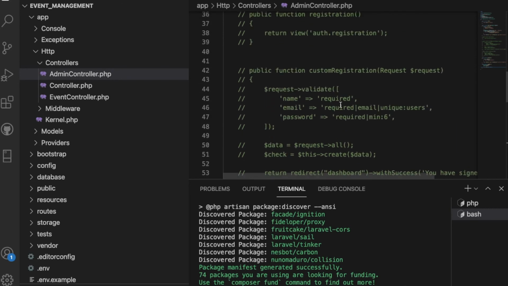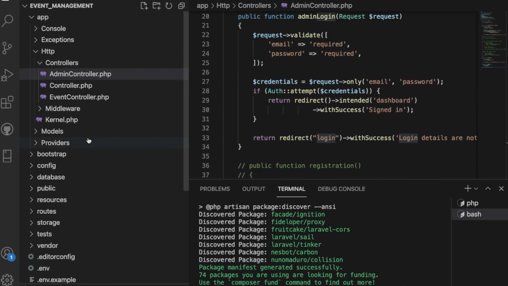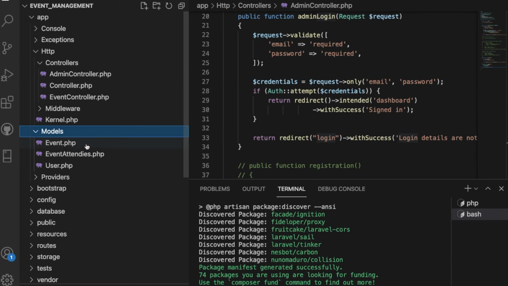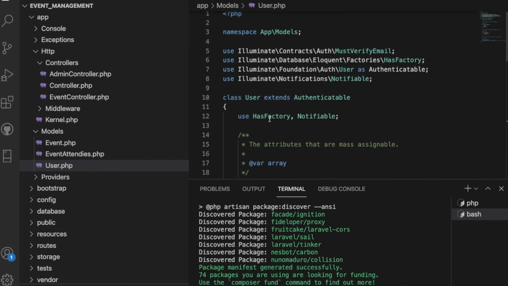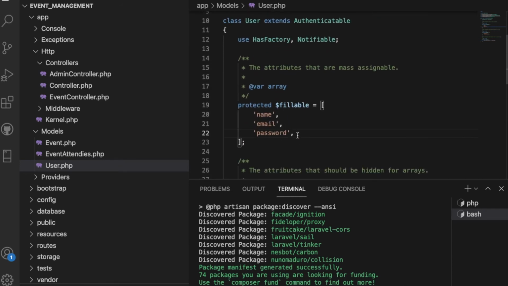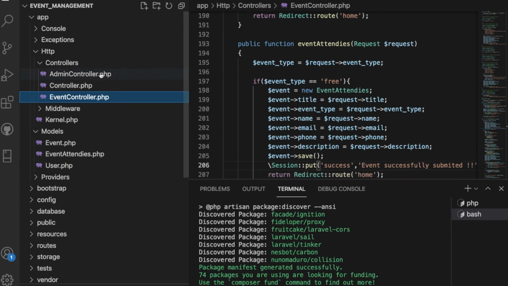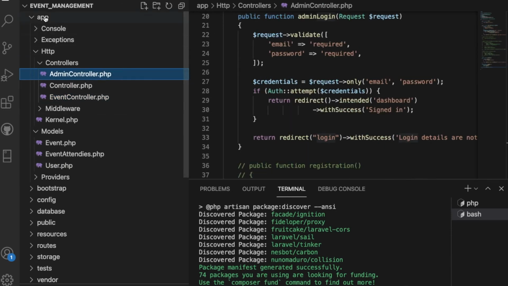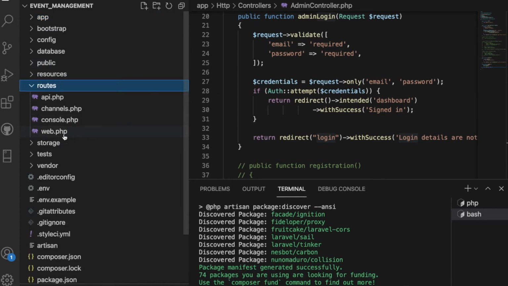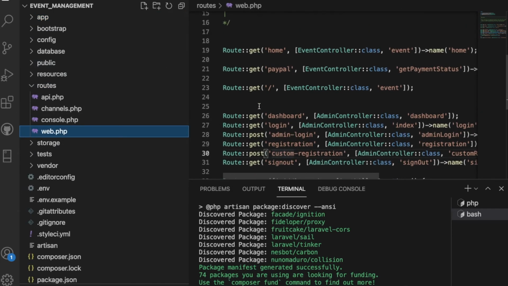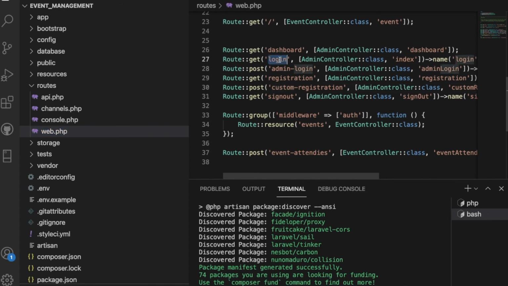Hope this is clear for how we implemented login. We also have the model for the user. Let me show you. We have the email ID, name, and password. For variables, you can create any variable, and you need to put this kind of column value inside your model. Now we have the event. Hope this is clear, and now let me show how we implemented it in routes. This is routes. Here, for the login purpose, yes, you can check this one.